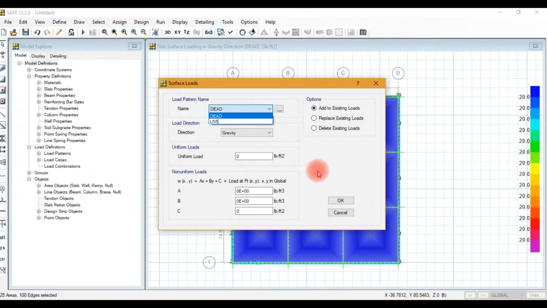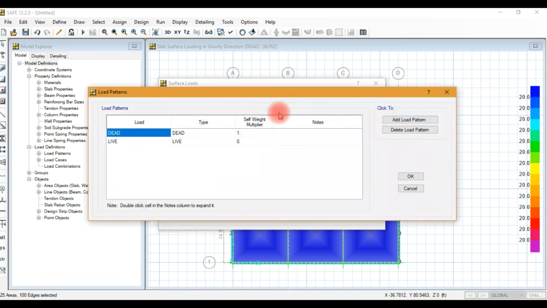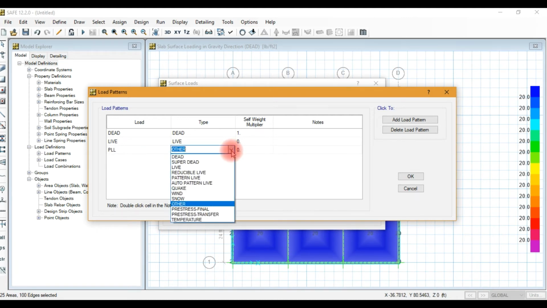Here the pattern live load is not present. I add the load pattern here, PLL, pattern live load. Two options are available: pattern live, auto pattern live. First we will try auto pattern live. That is easy, but manual pattern live load is somewhat time consuming. You have to apply individual loads on all panels.